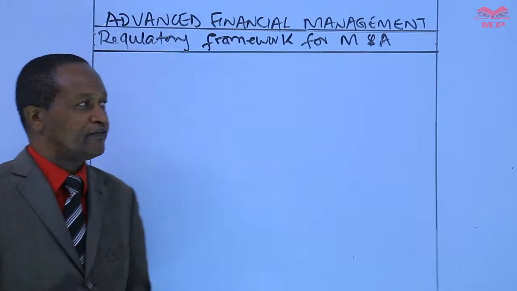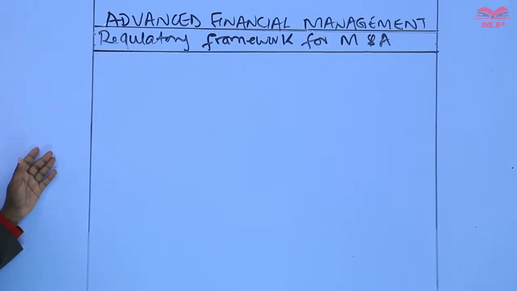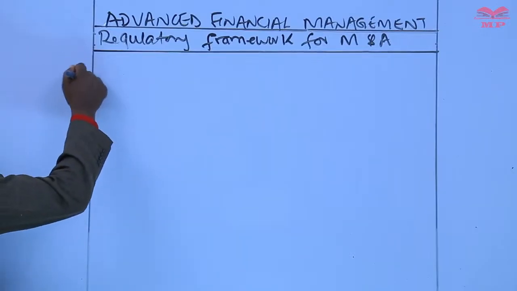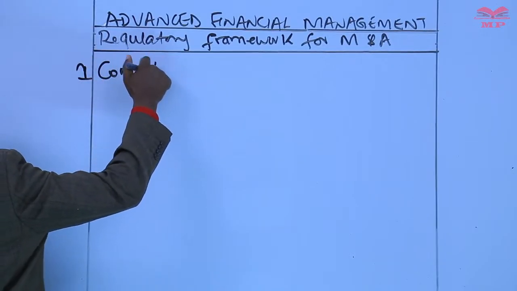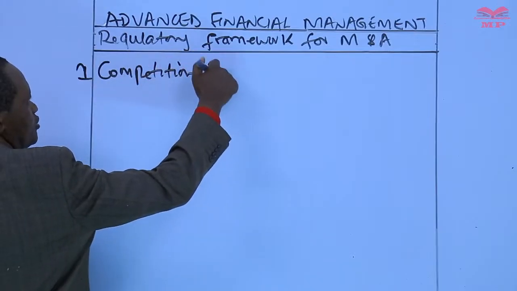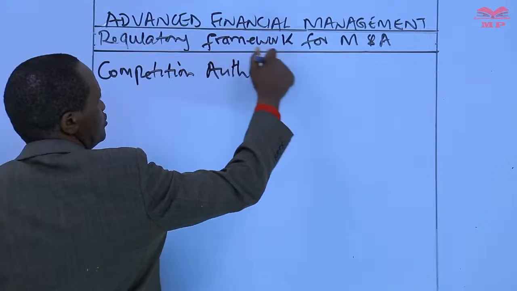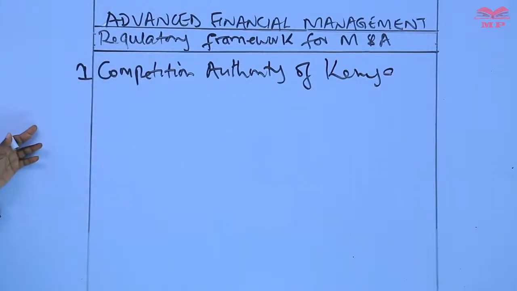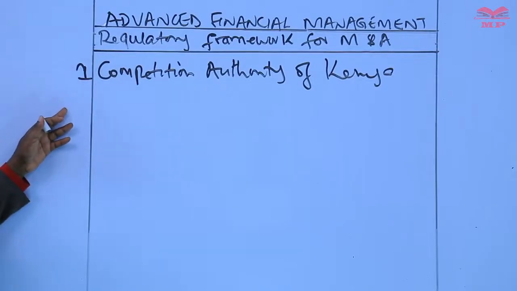So the first regulatory body is the Competition Authority of Kenya. The Competition Authority of Kenya is the primary regulatory body that is responsible for overseeing mergers and acquisition activities in Kenya. And the mandate of the CAK